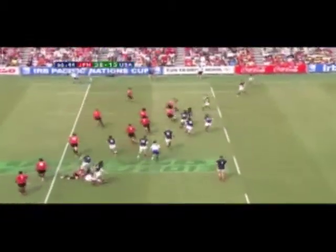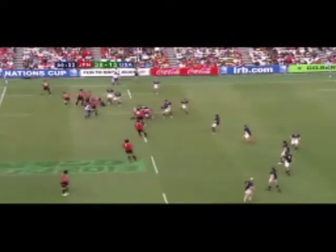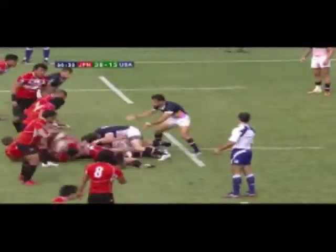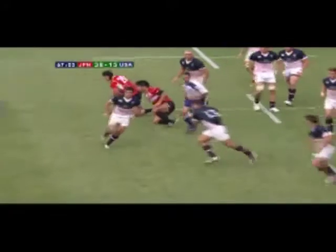A couple of very nice wide passes. Siddle, well tackled. That was good defense from Japan. But they're still working it a little bit. And perhaps a little bit isolated on that one, but they get the call from the referee. And watch Petrie take the quick tap. This could have been a try right here. He gets it off to